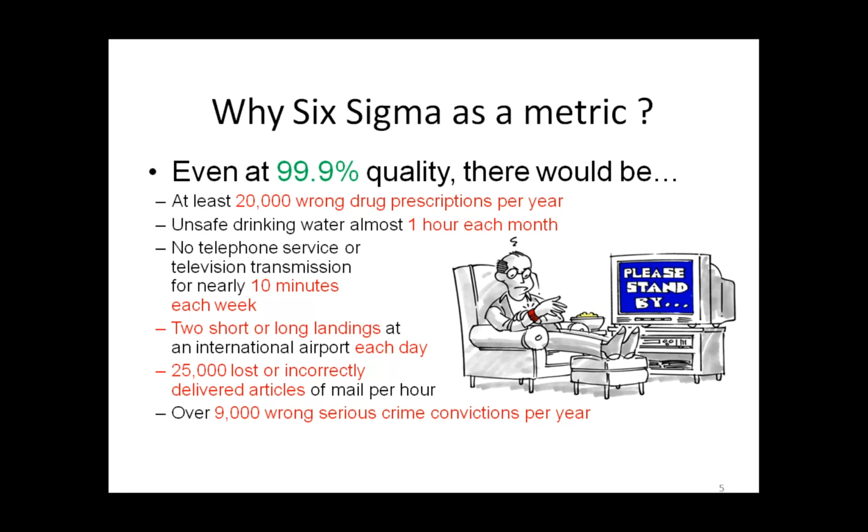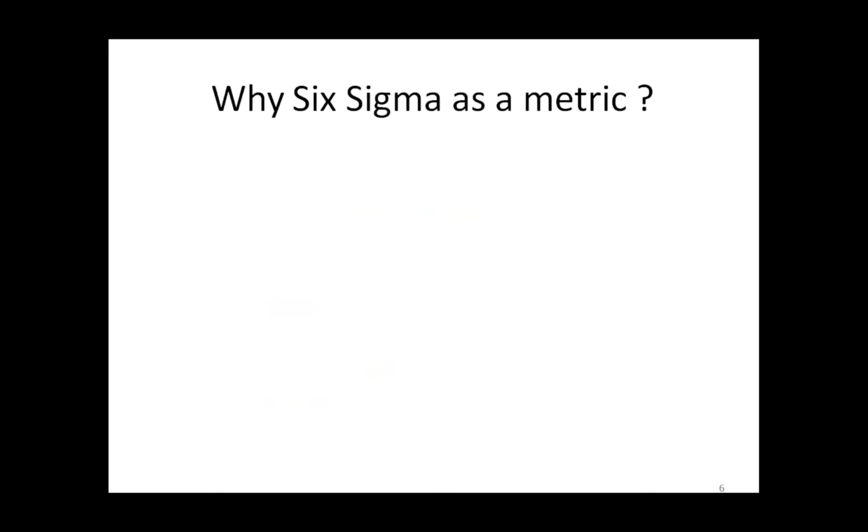But the organizations who are behind this, they are not happy with these numbers. They want a finer metric to really measure their processes, and that's where the concept of Six Sigma comes in. So we introduce another metric which will measure the processes at a much higher level of accuracy so that we can really see what's going on. So if I want to really compare these percentages with a Six Sigma metric,